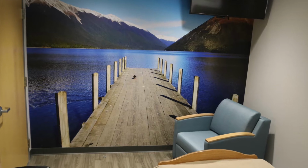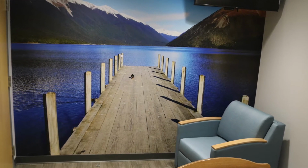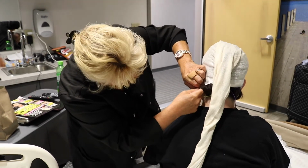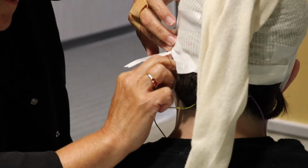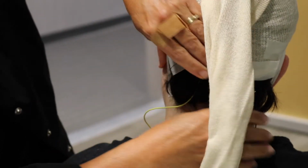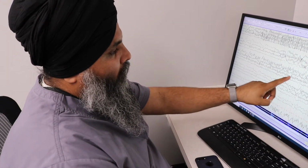When somebody comes to Seizure Monitoring Center, they are taken care of by a very friendly staff, and we attach electrodes to the patient's head, and it records the electrical activity of the brain, and we have somebody monitoring that